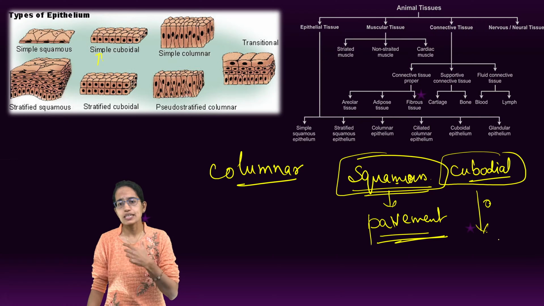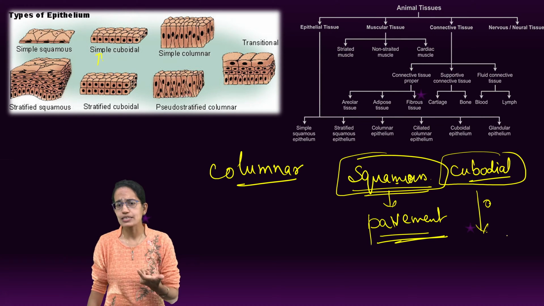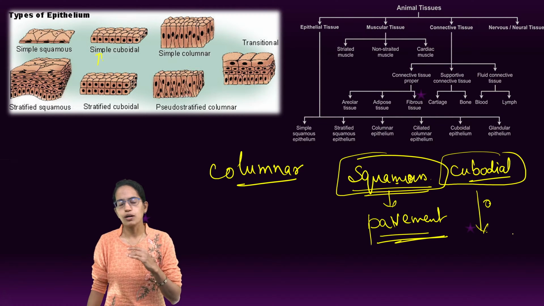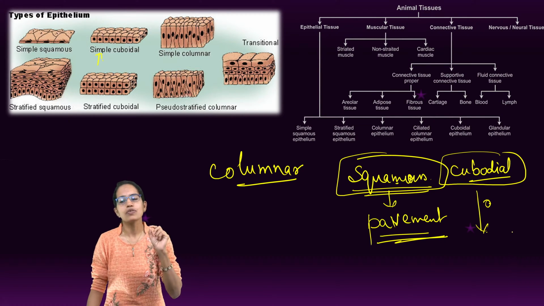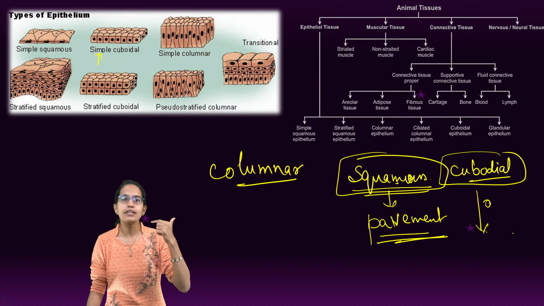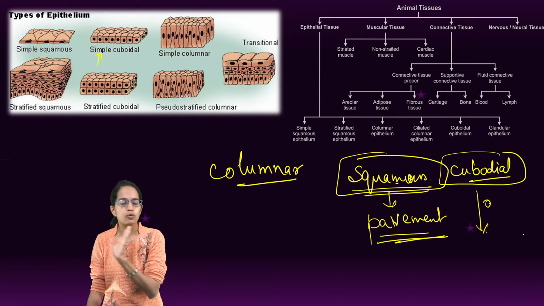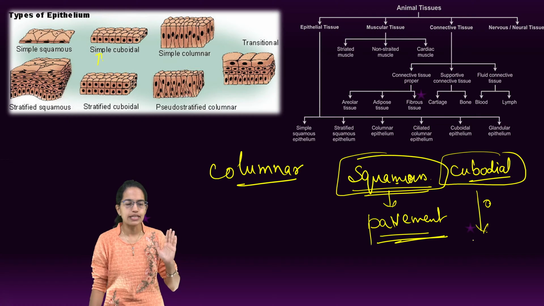It's also present in the endocrine systems, for example in thyroid. In the case of pancreatic glands, you have cuboidal epithelium. So to best understand, you can have in mind the major endocrine glands. That would give you a rough idea about where cuboidal epithelial cells are present.